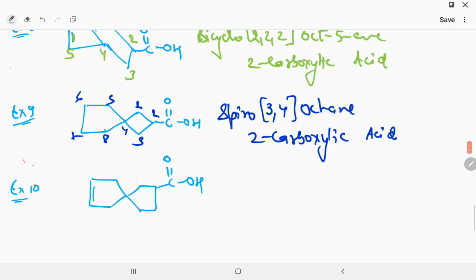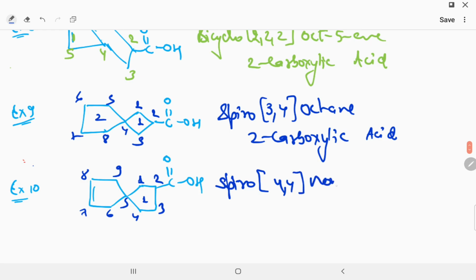Now in this next example, we start numbering with the small ring, both being the same ring size. So this is ring 1, this is ring 2, but we have to give ring number 1 to where the carboxylic is present. So we number this 1, 2, 3, 4, 5, 6, 7, 8, 9. So we say spiro 4,4 nonane. There are 9 carbons, so we use non, and 7 is a double bond, so we say non-7-ene-2-carboxylic